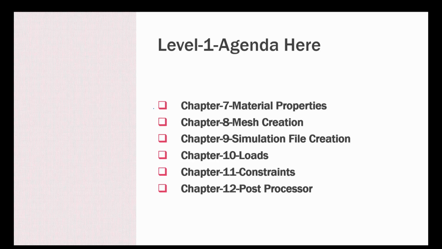In the next chapter we'll look at material properties, which are very important and key, and we'll look into all the advanced protocol here as well. Then the very fundamental pre-processing activity, the mesh creation, or conversion of your physical model to a mathematical model through the mesh or mathematical discretization, we'll discuss in chapter 8. In chapter 9 we'll look at simulation file creation, its importance, and how you can control those. Next we'll assign the loads, in chapter 11 the constraints or boundary conditions, and finally we'll post-process and review the results.